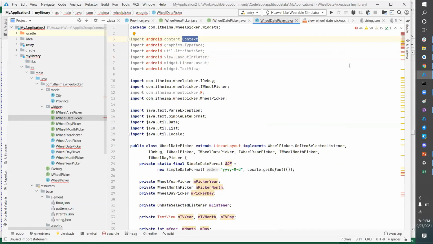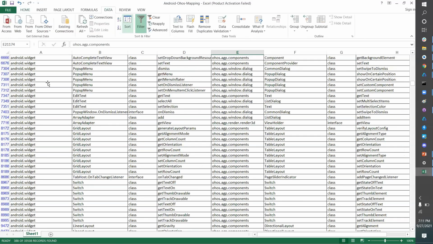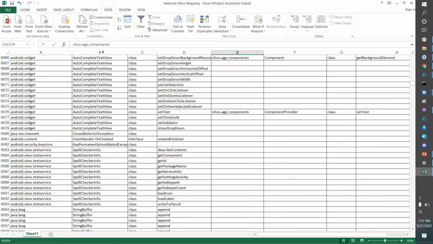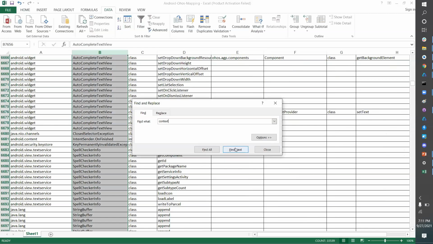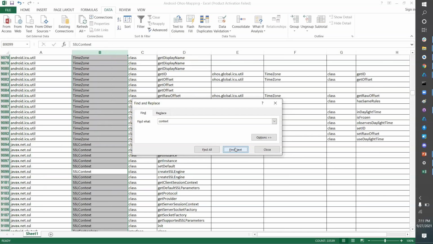The first step will go to the mapping file. Here I have put the filter. First I'll reset the filter itself. Okay. Now I'll find context. Sometimes you'll find lots of classes, but you have to go to the right class because it was context.